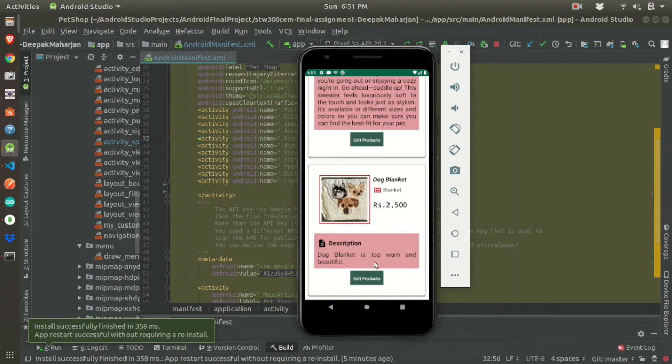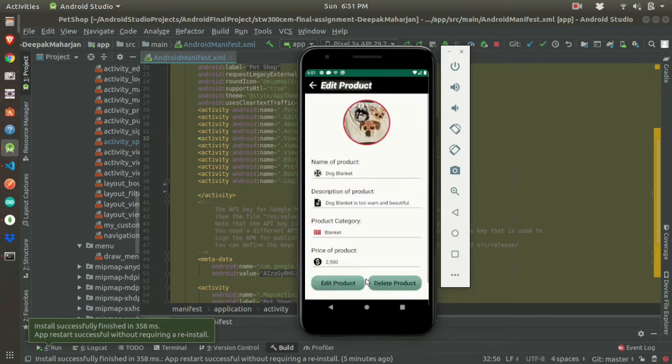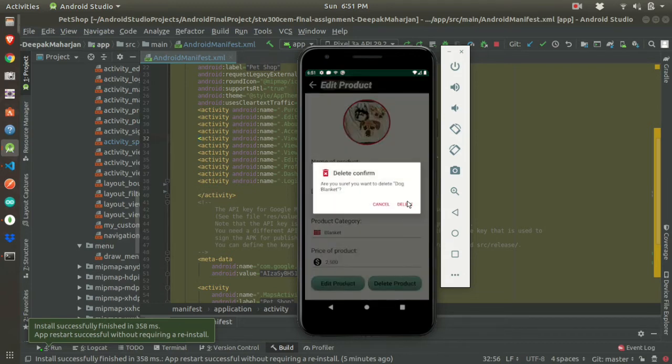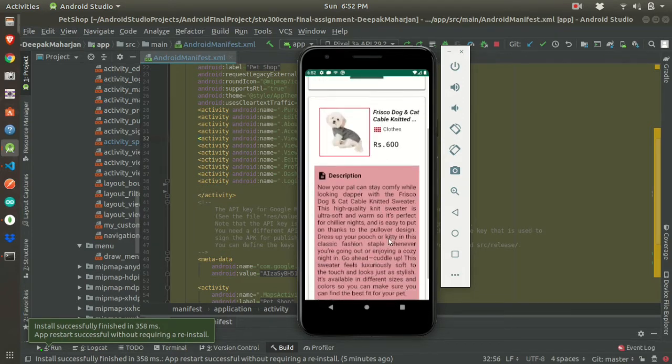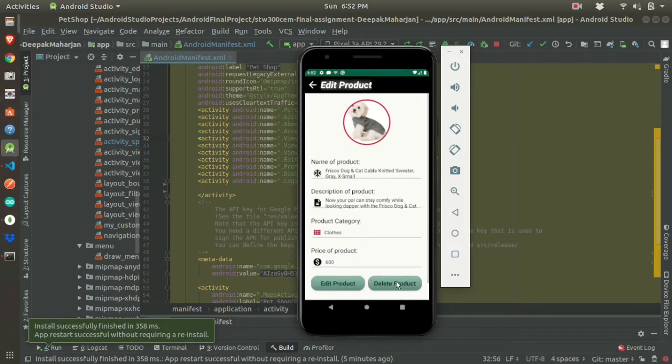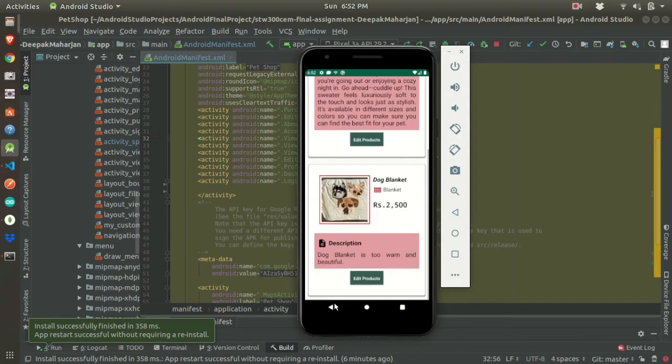If the admin wants to delete the product, he or she can go here and click on the delete button. There will be a dialog box to confirm that the product should be deleted. On click delete, it has been successfully deleted. Let's check another product. If we click on cancel, it will not take the positive action. Let's move to the